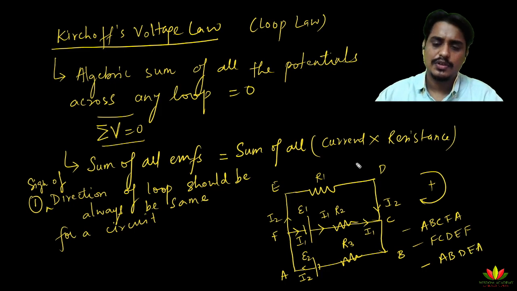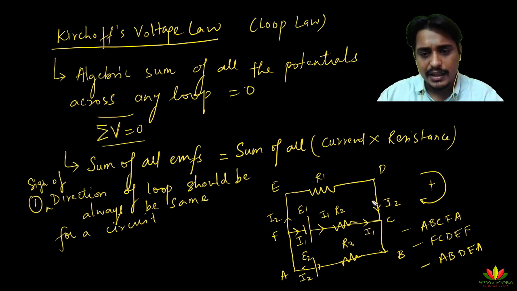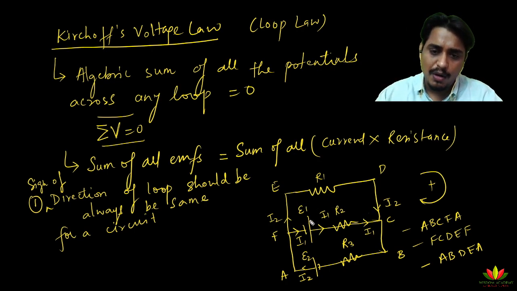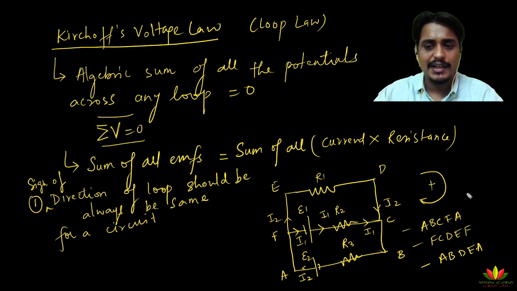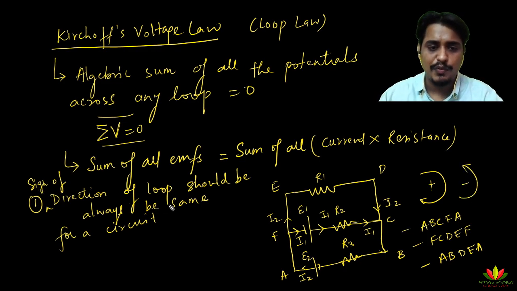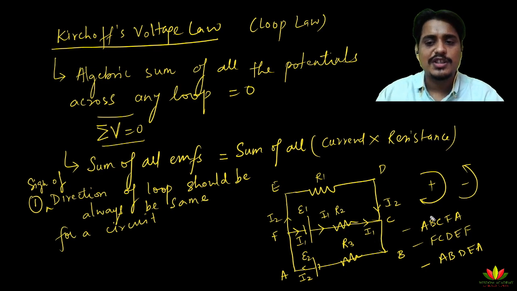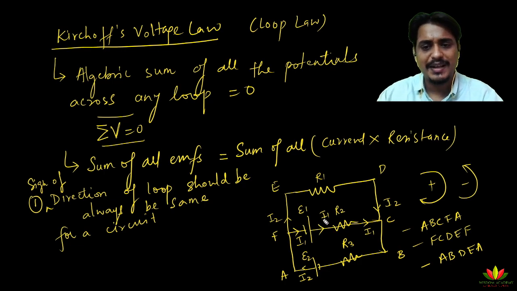So in all these loops, what you should remember is that whenever you take a loop with an anti-clockwise direction and you have taken anti-clockwise as positive, then all anti-clockwise loops will always be positive. If you take a clockwise loop, it will become, sorry, this is a clockwise loop actually. So I have taken clockwise loop as positive, so all anti-clockwise loops will be negative. You can even take clockwise as negative, but then you should maintain the same for the entire question. For every loop you should not change the sign.